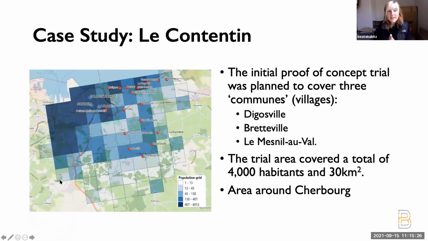So this is the case study, well, there are 3 case studies that I've looked at in terms of how DRT is being used in France, because in France there's a law which impels local authorities to provide public transport for their populace, wherever their populace is. And so the area of Le Cotentin in France, which is around Cherbourg and on the Atlantic coast, is an area that hasn't previously been served by public transport, and an on-demand bus was installed to cover these 3 villages and link the villages